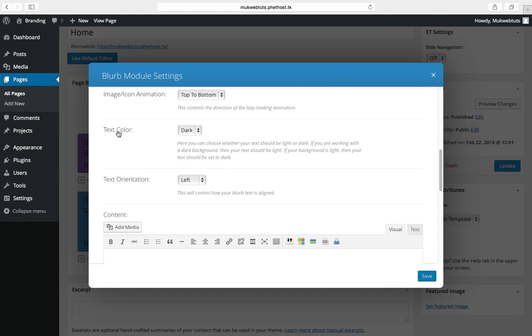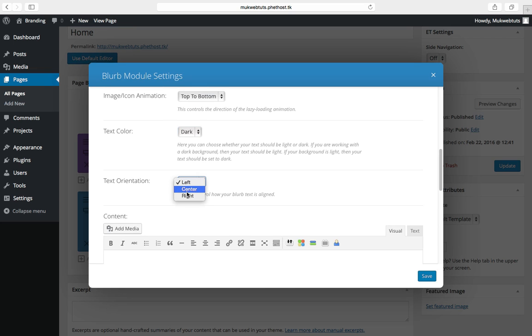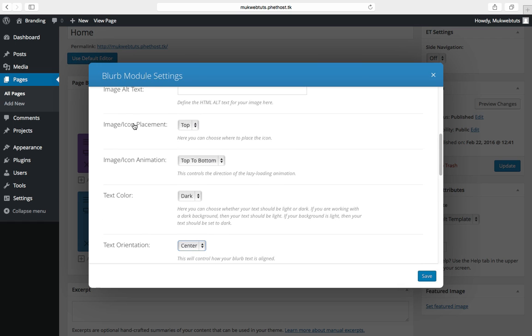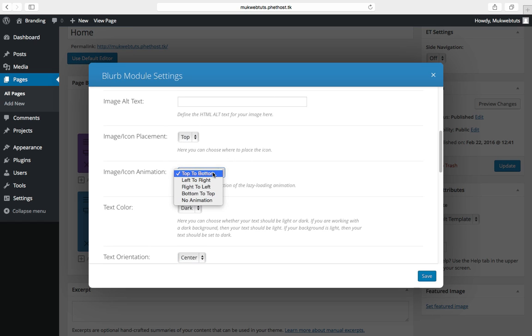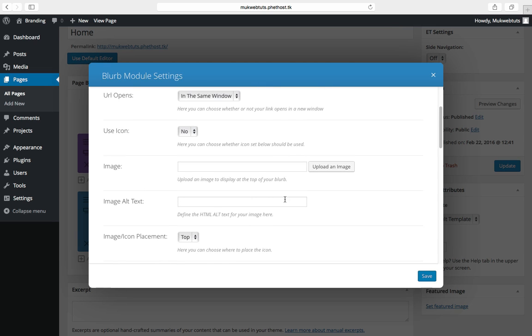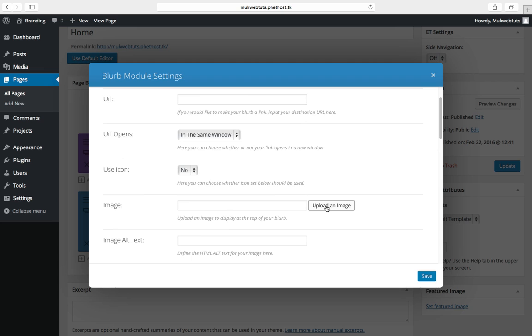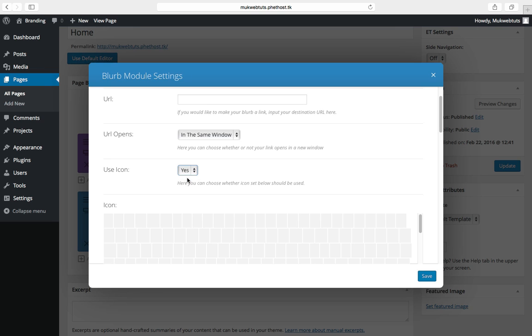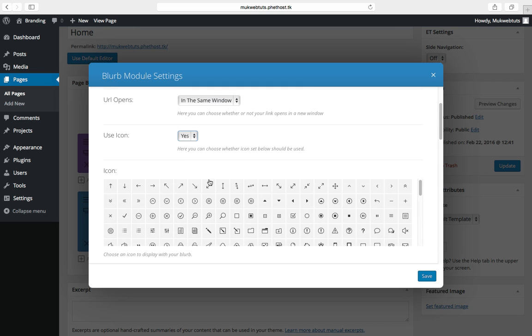So text color, I'm gonna use dark since we have a white background. Text orientation, I'm gonna center it, and image icon placement, top, animation top to bottom. I'm just gonna use left to right for this. Image alternative, just in case the image doesn't load, but I'm not gonna use an image for my blurb. I'm gonna use icon. So come here and check on and choose yes on use icon, and here I'm gonna use